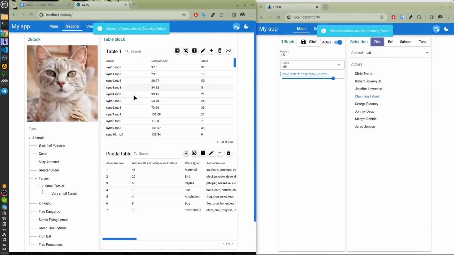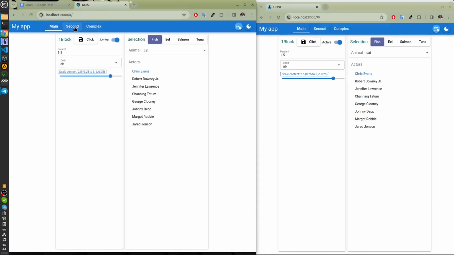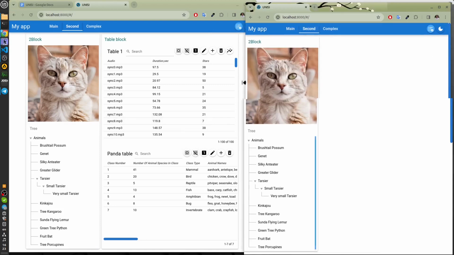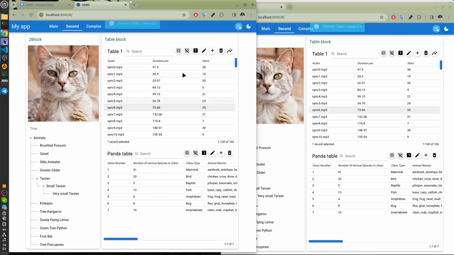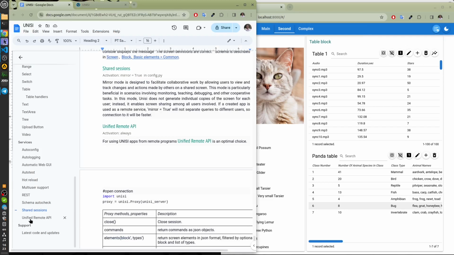If switched to another screen, then another user does not see these changes, because only the same screens are synchronized. If switched to the second screen, then automatically the screen blocks widen the screen area. We will see the same effect. We figured it out. This is needed for joint work, teaching, presenting, or for cheap and fast interaction of the unified remote API. When one session is enough, we do not need to make a separate session for each user. In short, for increasing performance.